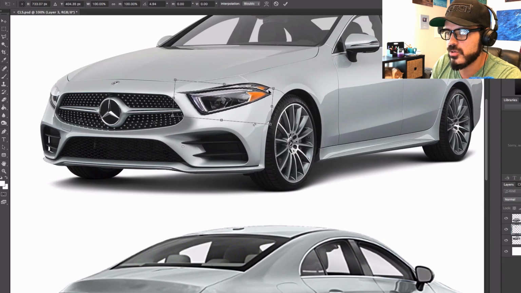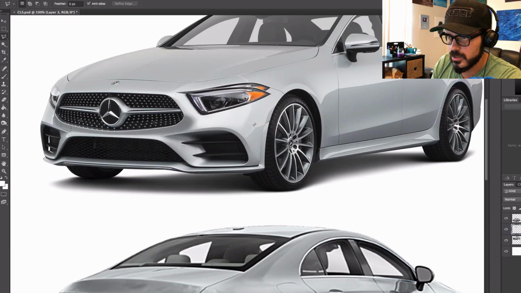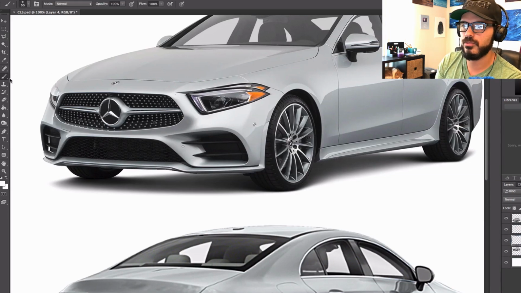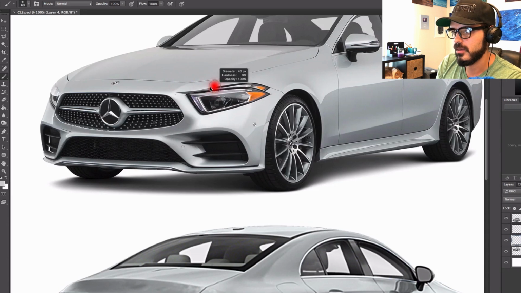I don't have any major issues with the front view here of the CLS. I'm not gonna butcher it too much, but something like this. It doesn't need to be a whole lot of drama with that. And of course, we need to now fill in the back here. So I'm gonna do that just by using the airbrush, of course, as usual. Fill this in,